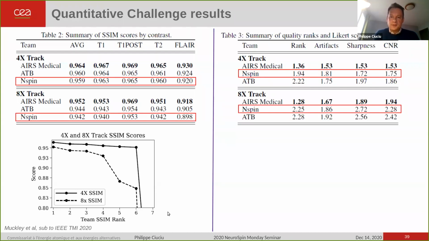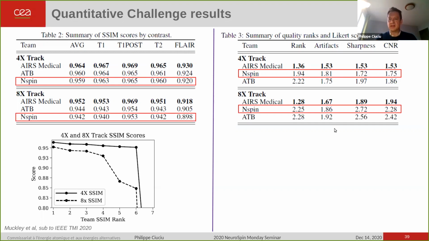The data of the finalists were submitted to radiologists for further evaluation using a Likert score, going from 1, corresponding to perfect image quality, to 4, the worst image quality. Earth Medical was still the winner of the challenge, so very consistent results between the radiologists and the SSIM score for both tracks. But during this evaluation stage, we finally got the second position, especially because we got a lower value